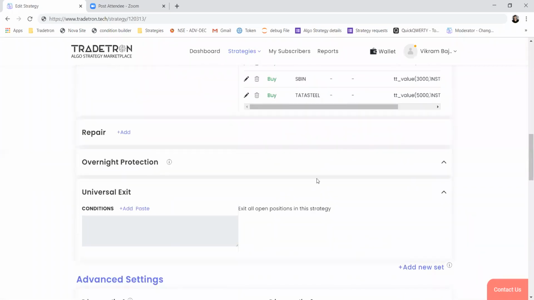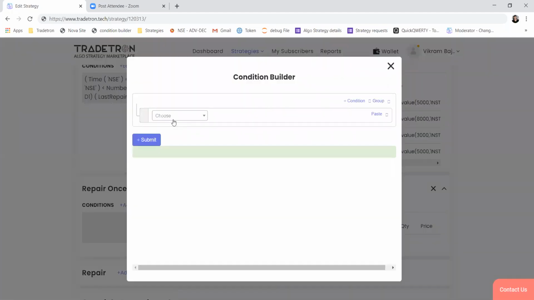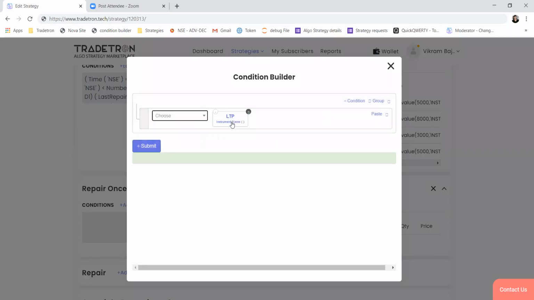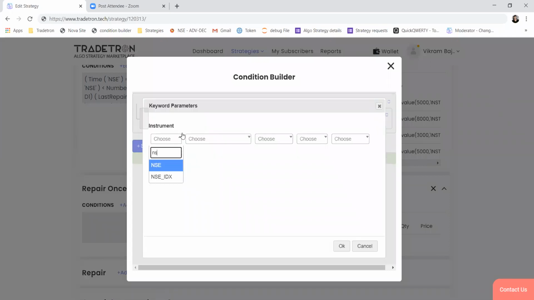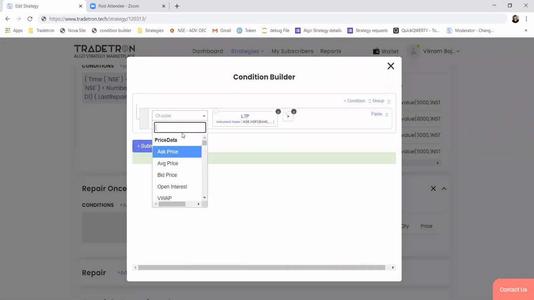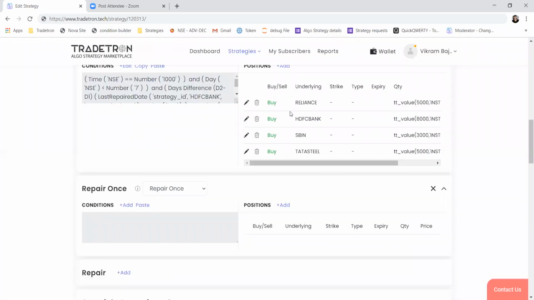Now we will see how to add exit conditions. So if you want to put a target on, let's say, Reliance, you can add a repair once and say if LTP of HDFC Bank is greater than... So from last repair price, if you want to put a target from last price, you can do that as well.